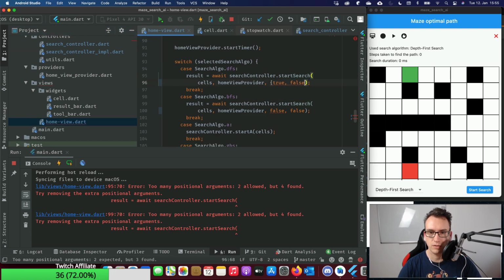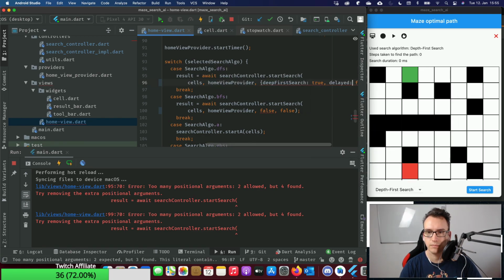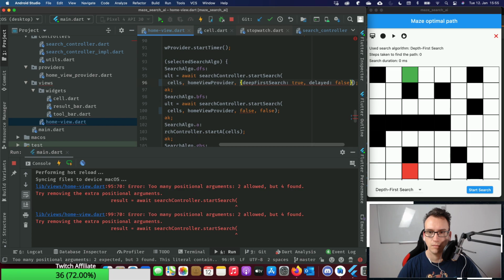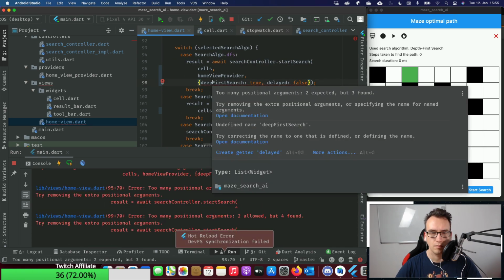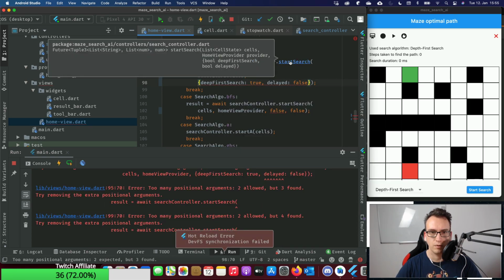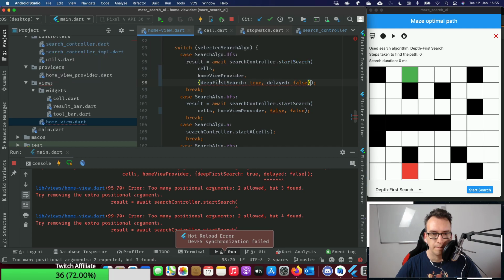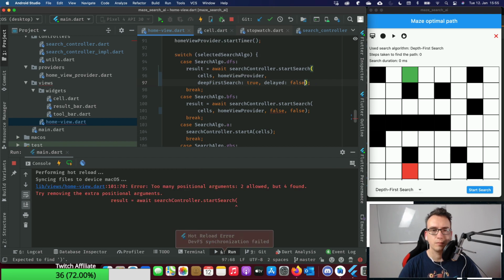So we have these two as named parameters, while the first one is depth first search, search, delayed. Like so. Okay.